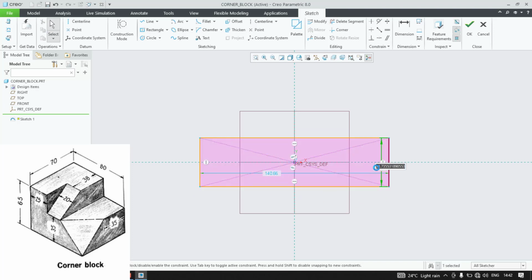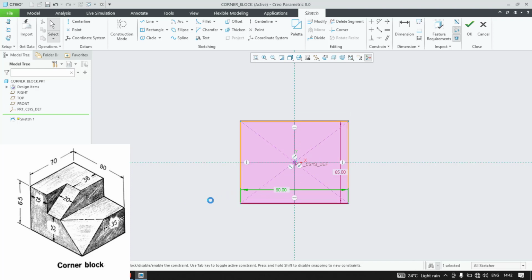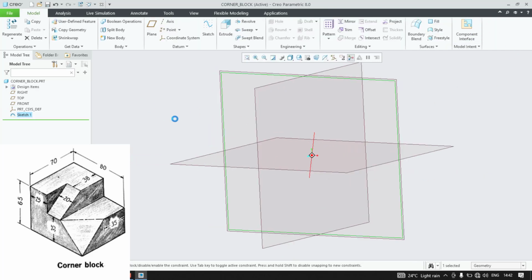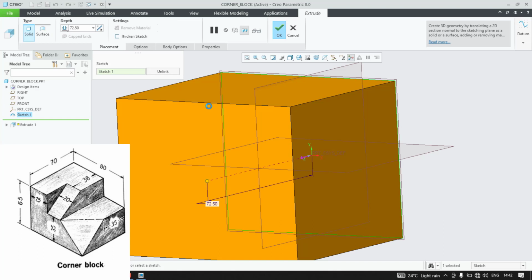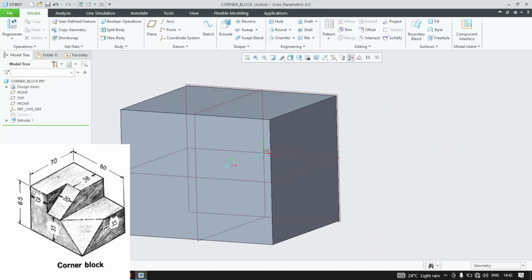Now you are able to assign the dimension. This should be 80 and this should be 65. Yeah, 80 and 65 is done. So you should extrude it up to 70 mm. Yep, that's done. So the next thing is to create the